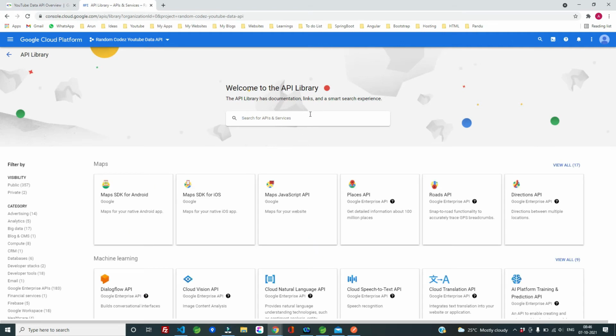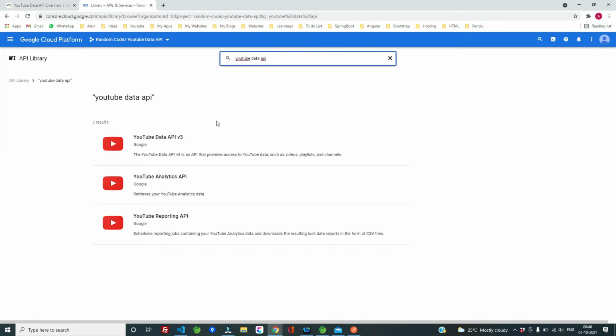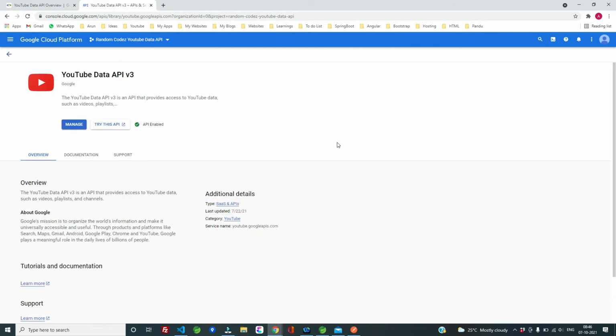So this will take us to this API library. Then we just have to search for YouTube Data API, select this. So once you click this, you will be routed to this kind of page. So in my case, I have already enabled it.